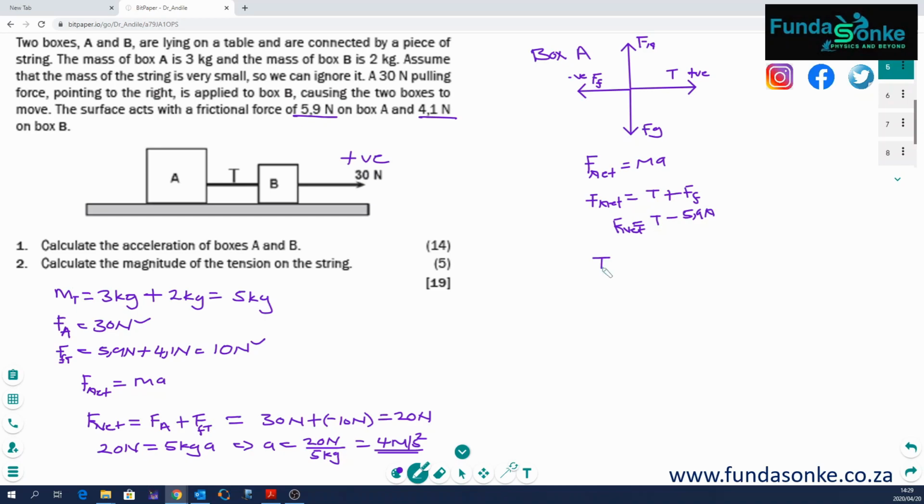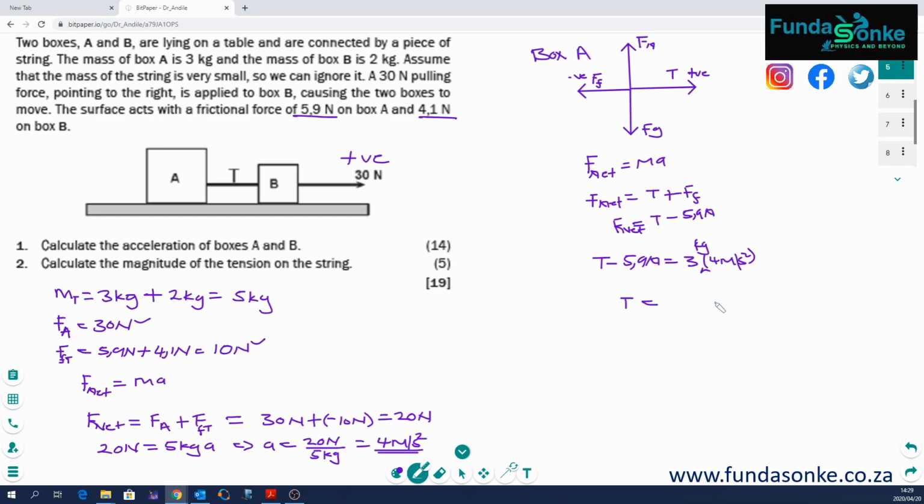So it means that T minus 5.9 newtons will be equal to our mass, in this case for box A is 3 kgs, and this multiplied by our acceleration, which was 4 meters per second squared. Okay, this is 3 kgs, like that,